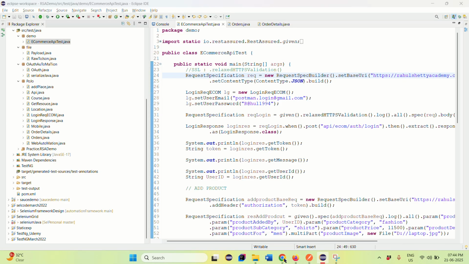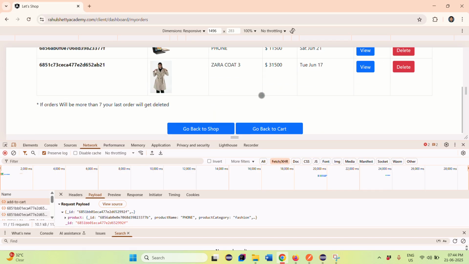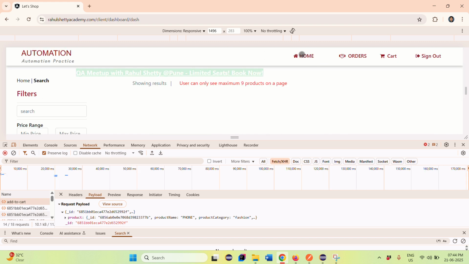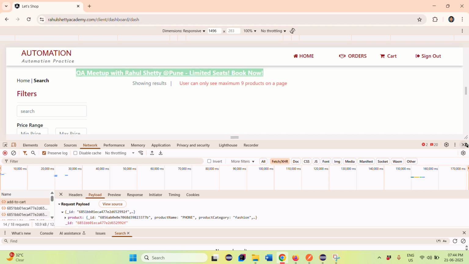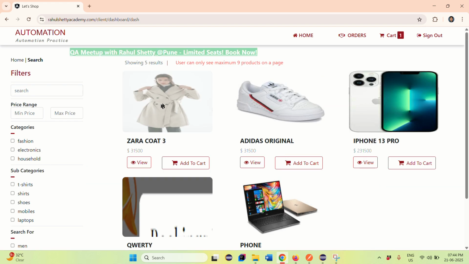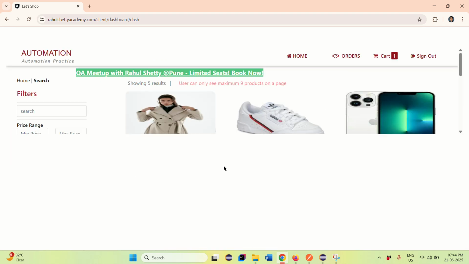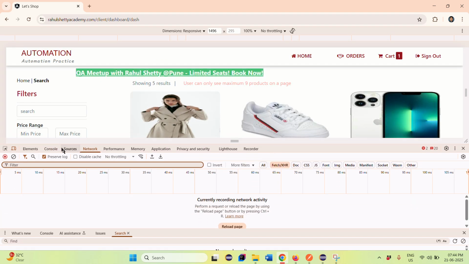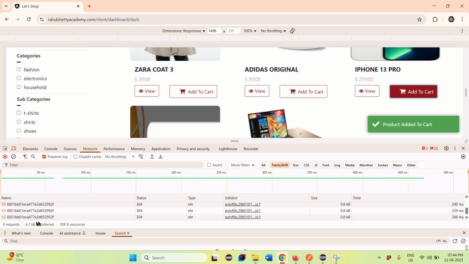So today I'll show you how to set up a small framework using REST Assured and TestNG for this particular ecom page. As you can see, I have already logged in to this ecom page, and these are a few products listed in the product listing page. Let's open the network section, and if I click this add product,